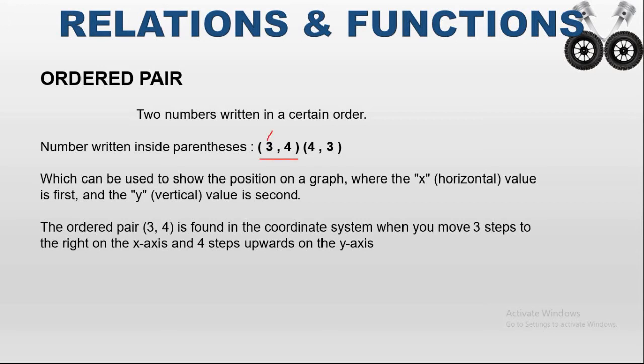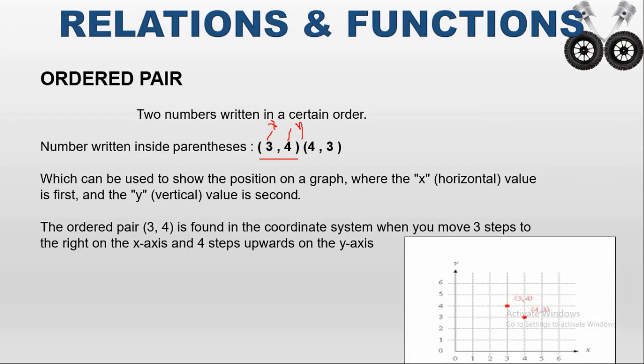So the first number represents the x coordinate. The second number represents the y coordinate. Okay, so for example, if I want to plot the numbers 3, 4 in the graph, how can you represent? The first one is an integer, the positive integer. That means I have to move from 0 to the right-hand side. From 0, how many steps do I have to move? 3 steps. So I will reach here, 3. That is the x coordinate.